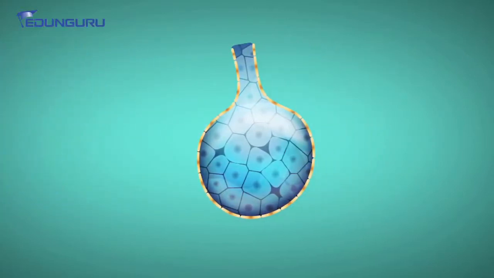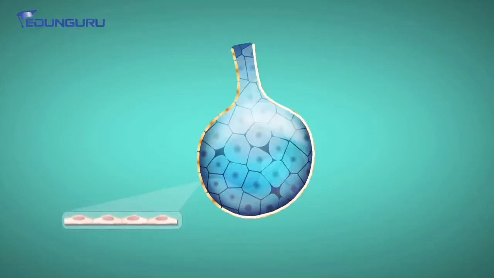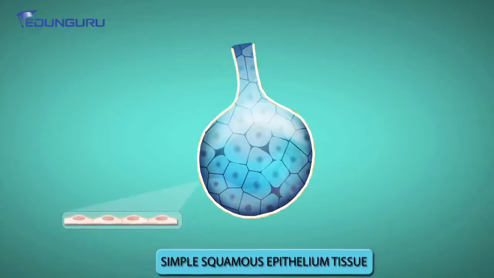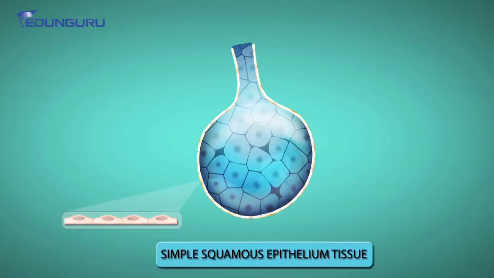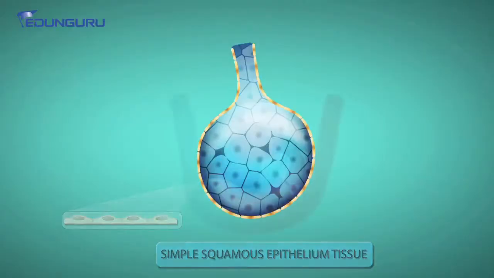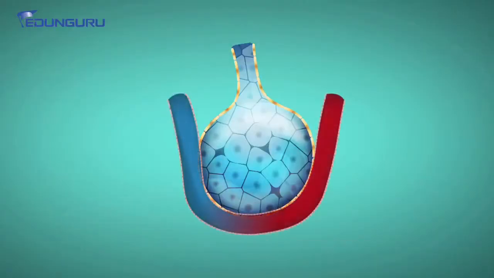Now, we need to understand one very important concept. This alveolus is made up of a special type of tissue. What is that tissue? It is simple squamous epithelium tissue. When I talk about simple squamous epithelium tissue, it means it has a single-layered cell. Now, look at the screen again. When we talk about alveoli, it has 2 points. One that brings the blood, the other that takes the blood.